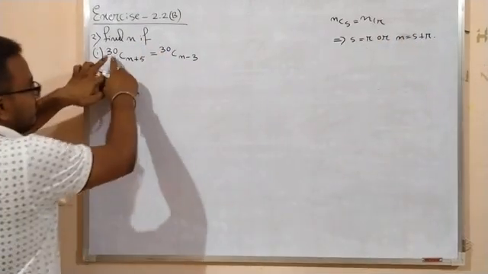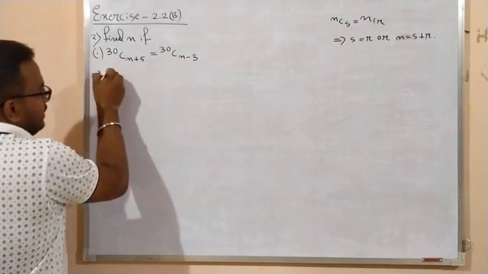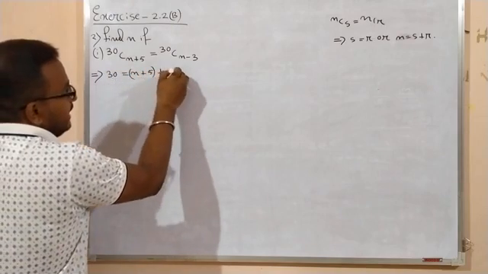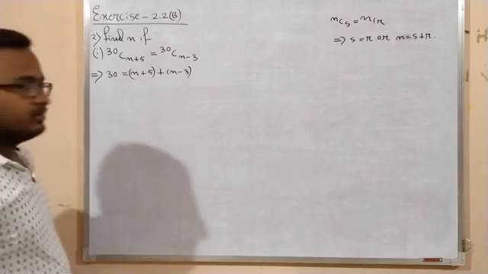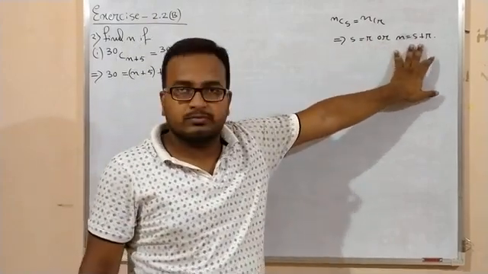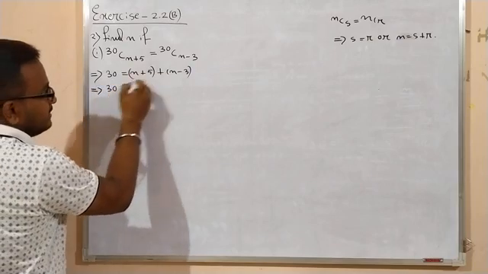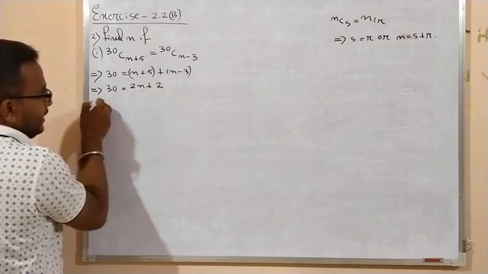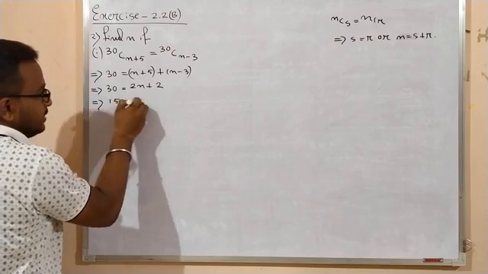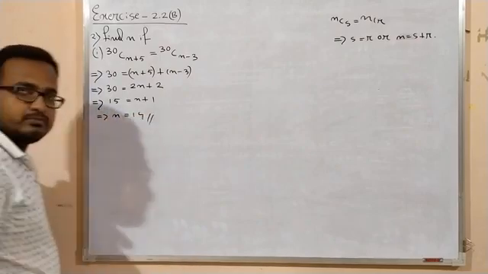So you see, it is nCr equals nCs. But here you see, r and s are not the same. So we have to write 30 equals n plus 5 plus n minus 3, because in this case the first condition is not true, so we are bound to take this as true. Now this implies 30 equals n plus n is twice n, and this is 2. If you divide this, we will get 15 equals n plus 1, and you will get n equals 14. Now it is correct, right?